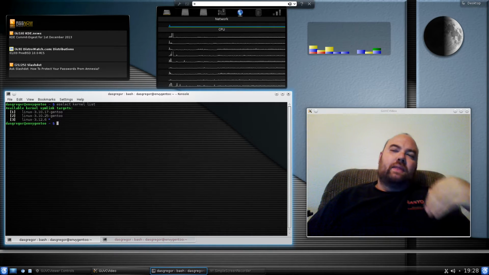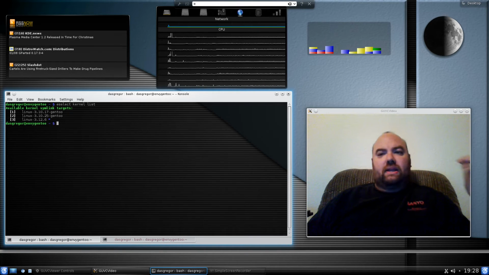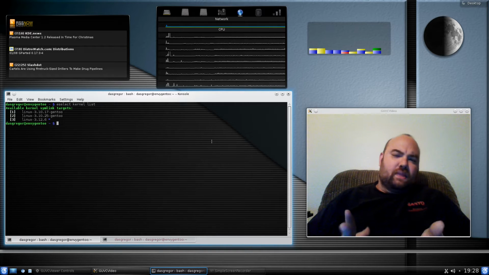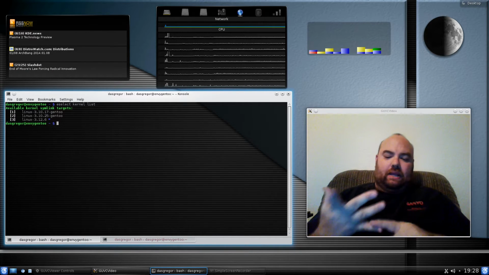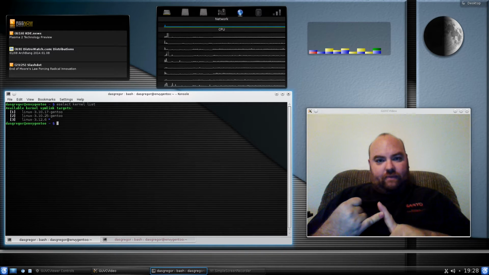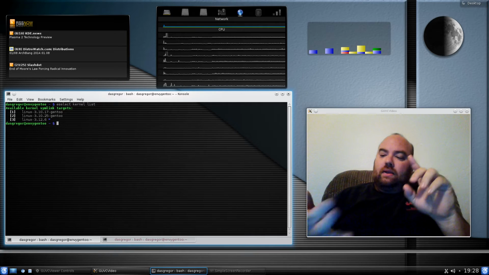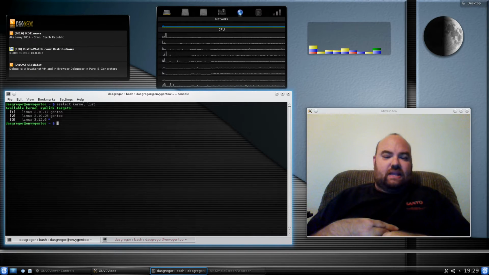and went in there, make menuconfig, and just stepped through each of the menus and installed what I knew I needed to install. And when I was done, I can now boot into EFI frame buffer, and it works. I see a screen. I can then log in with my credentials and startx, and it uses the Intel drivers